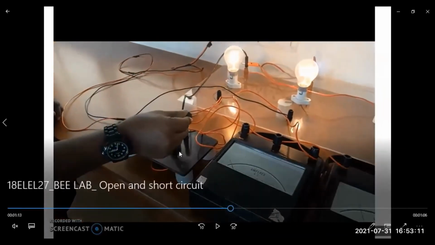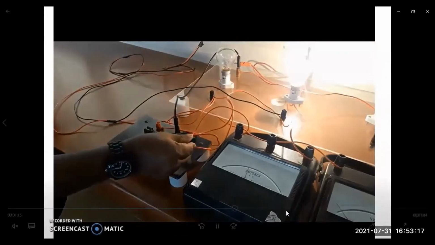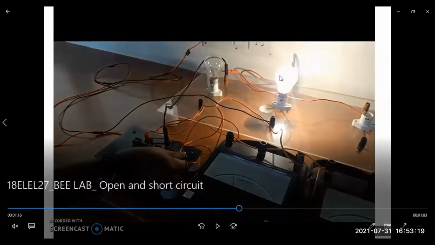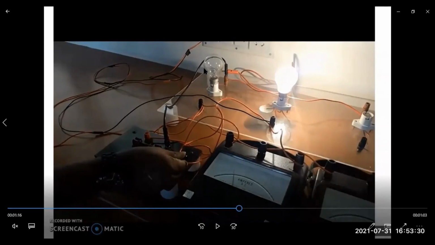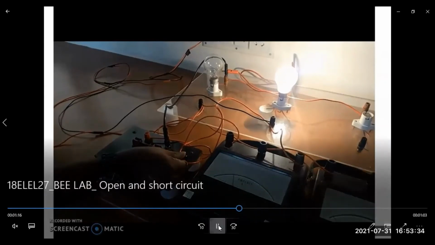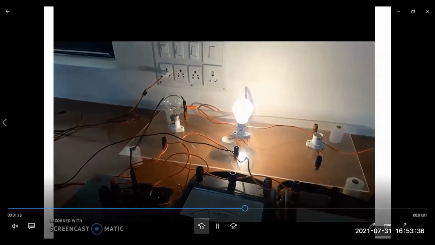Now I am going to do the short circuit condition. How to perform the short circuit condition? You have to close the SPST switch. Now I am going to close the SPST switch. See the position of the switch, and see the brightness also; the lamp you can observe. Here current will be passing to the bulb, but that is not good enough to operate the lamp. That is why the other lamp is at off condition. That may be asked in Viva. Here what is the condition?